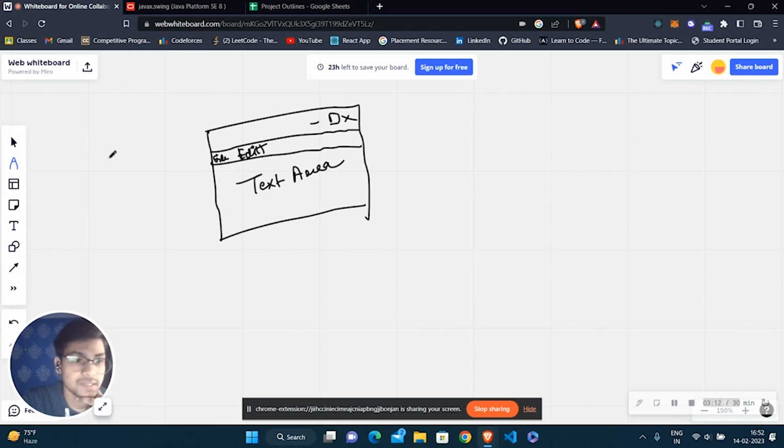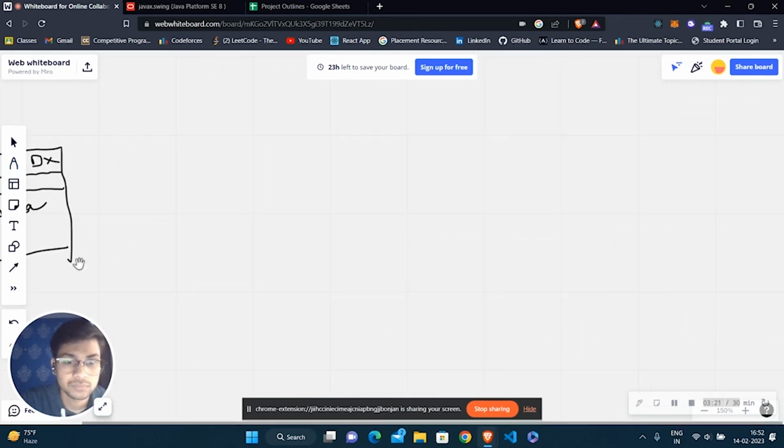Fine, let's discuss the design here. So what we are going to use is a class called JFrame. This is a simple class that is used for creating an application window.